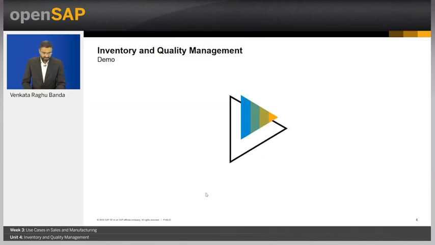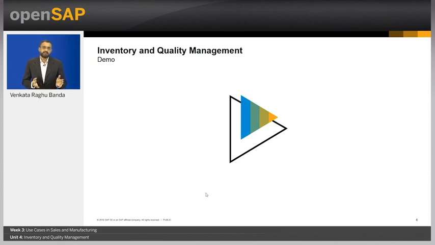Let me now go back to my presentation. What we have done, we went into the system, we have focused on a production planner role, which is also relevant for the inventory manager role as well. But here what we are trying to do is identify the optimal buffer levels that could be maintained at a particular storage location. So, that is what we have accomplished in this particular use case.